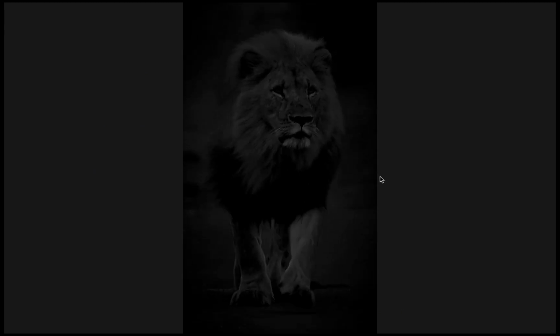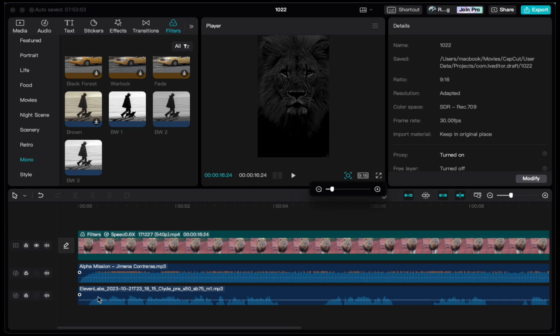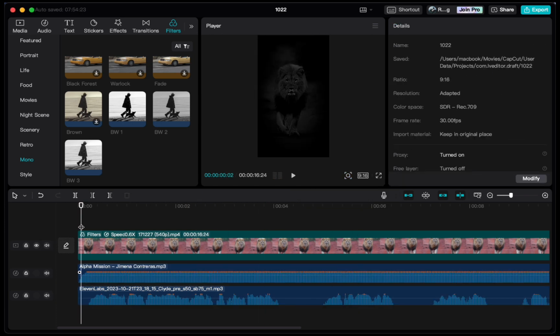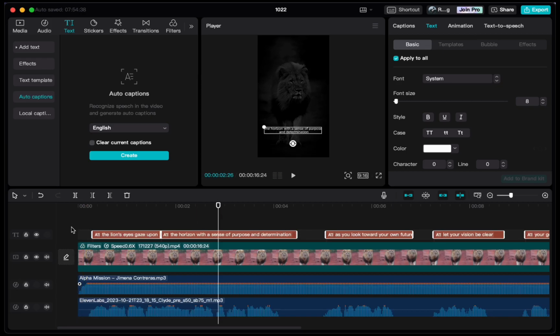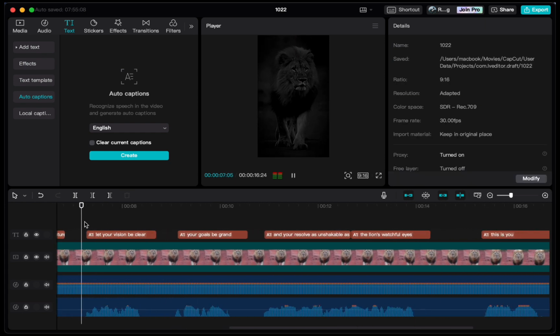Take a thorough look at your footage and remove any segments that aren't essential to keep your video captivating. To maintain viewer interest, incorporate a diverse selection of B-roll footage. You can also experiment with effects like fog or transitions to enhance the visual appeal.